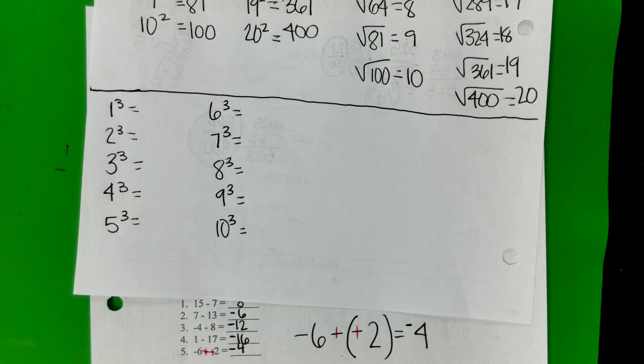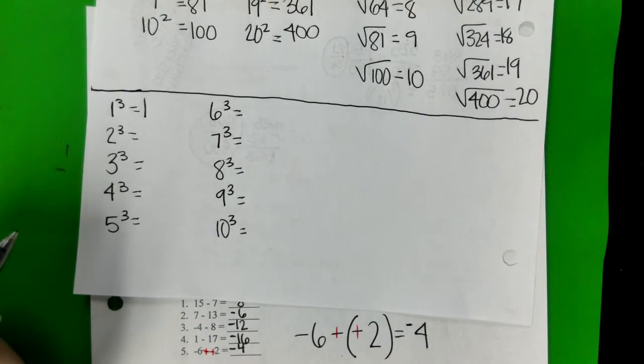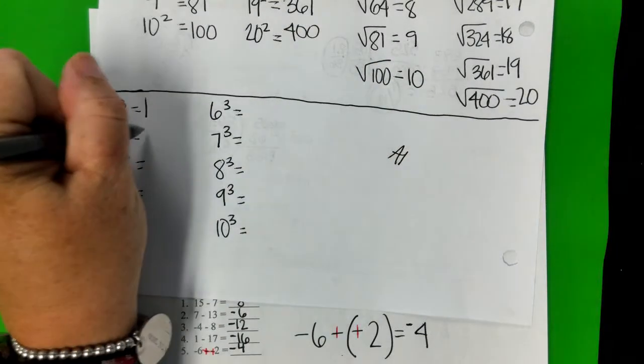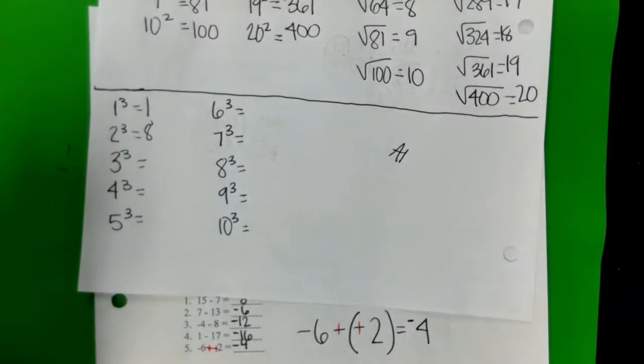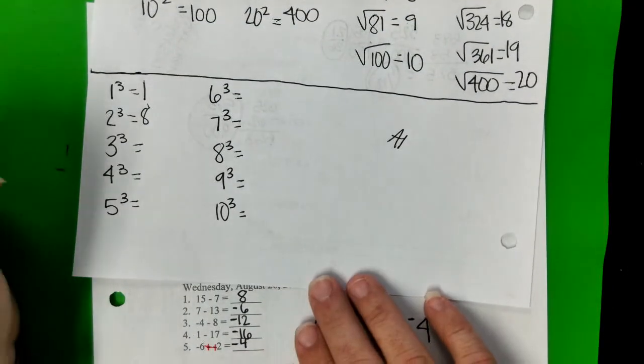Okay, so this is the part of the learning target that goes with I can solve perfect cubes. So 1 to the third power means 1 times 1 times 1, which is 1. 2 cubed, or 2 to the third power, would be what? 8. I'm going to be writing my cube roots. 3 to the third power, or 3 cubed, would be